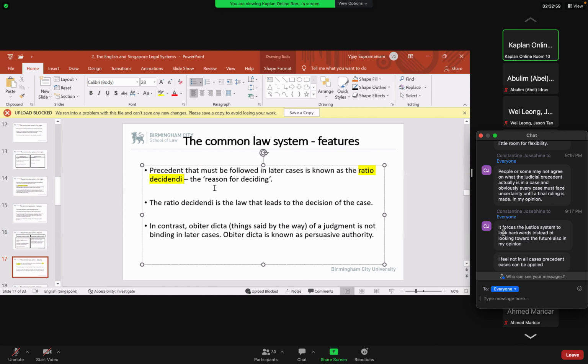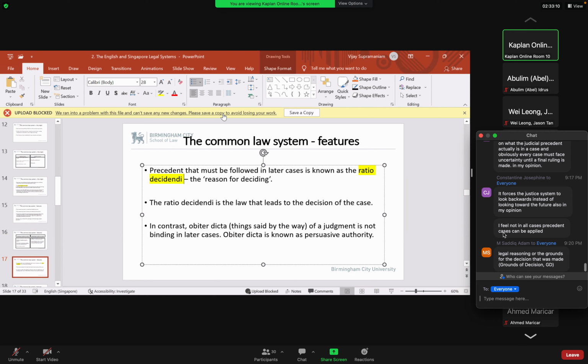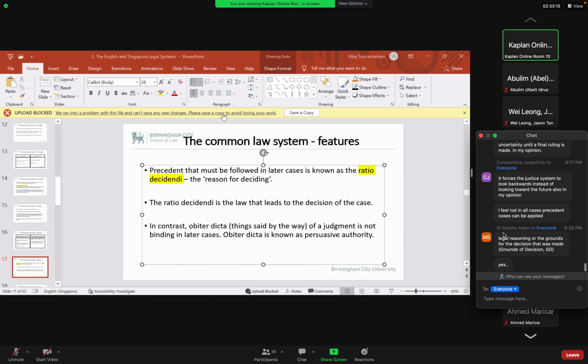So for example, all of y'all, have you heard of the case of Donahue and Stevenson? Yes or not? You have, right? Everyone can confirm? I can use that as a case study here, okay? So, Donahue and Stevenson is a case where Mrs. Donahue decided to sue the manufacturer. So the issue here is: is the manufacturer responsible towards the consumer's losses? And the court said yes.